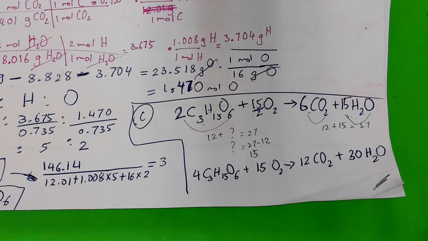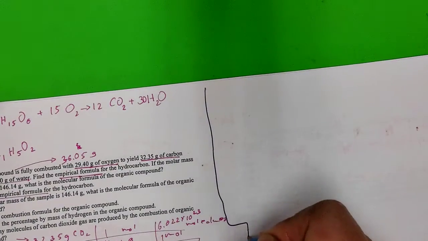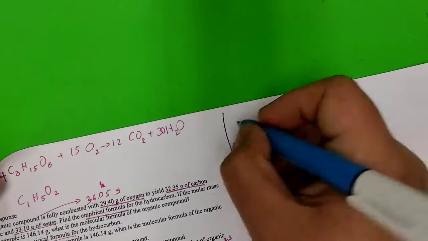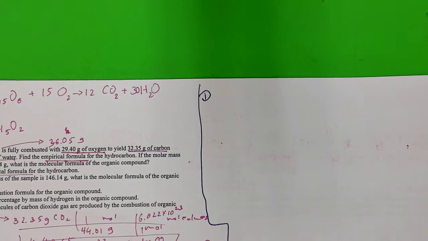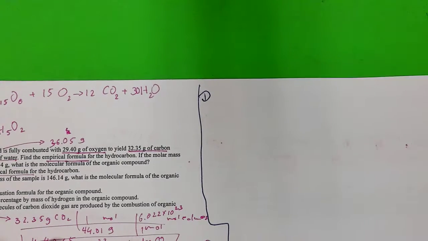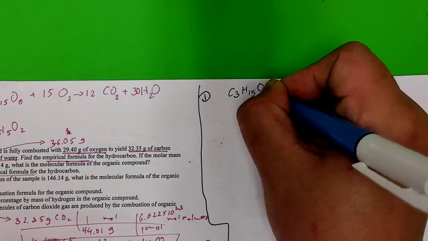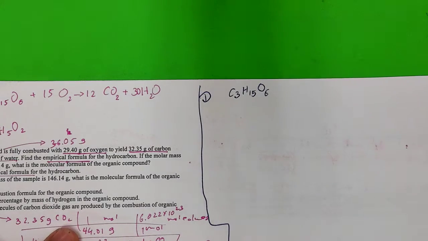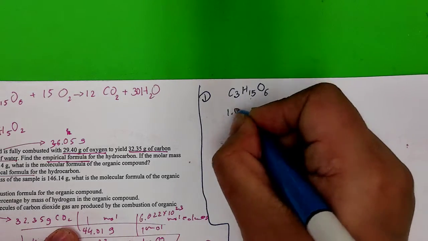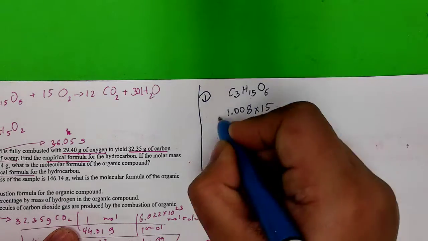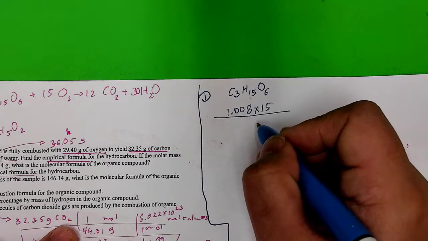Okay. Now part D and part E are sort of easy, but a little bit might be confusing. There's multiple ways to do it. Okay, so part D asks to calculate the percentage of hydrogen in the organic compound. The organic compound being C3H15O6. You have one or two roads. One road is just based on the formula. We know that it has 15 H, so I can say 1.008 times 15. That's the molar mass of 15 hydrogen, divided by the molar mass of the whole thing, which, yes,